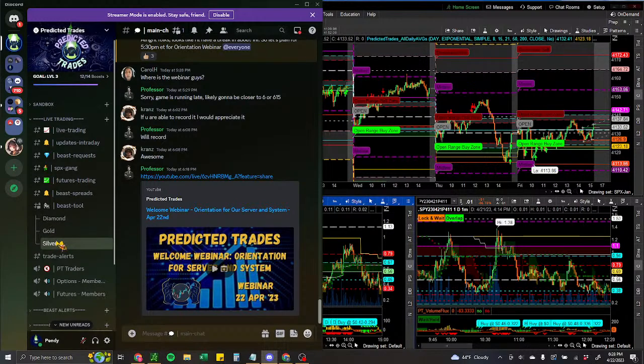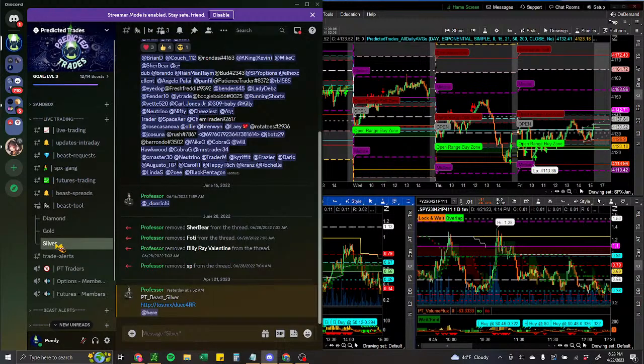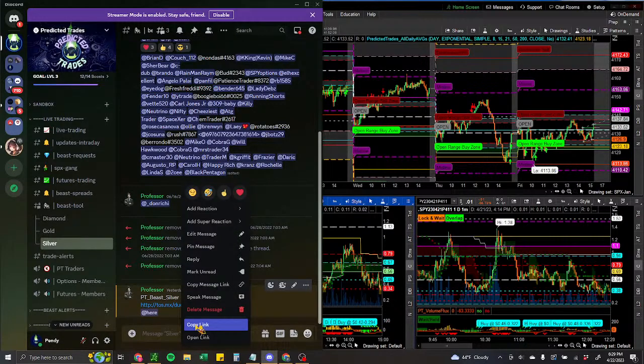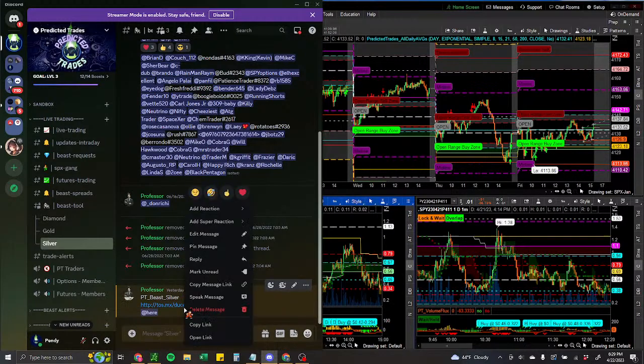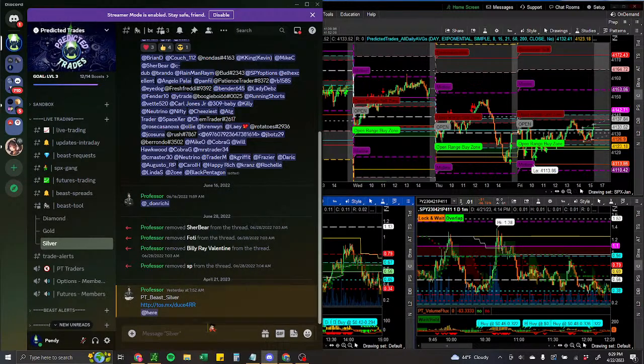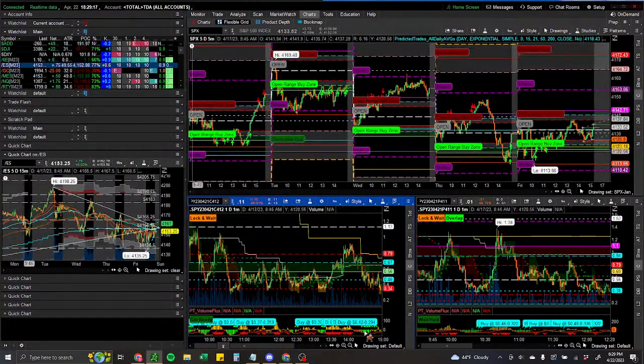If you got the silver subscription, you'll have access to the silver room where I post the beast tool daily. You'll come in and copy that link. Just right click on it to pull up this menu and copy the link. Don't copy the message link, because that copies a link for this message. You want to come down to the bottom and hit copy link and not open link. Once you've copied your link, you can come over to your